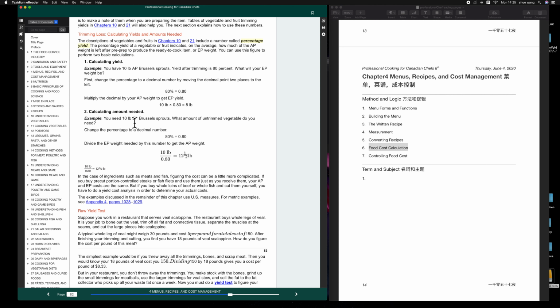Second is calculating amount needed. 这个地方我同样不想去算了，大家心里有个数就行了。In the case of ingredients such as meat and fish, figuring the cost can be a little more complicated if